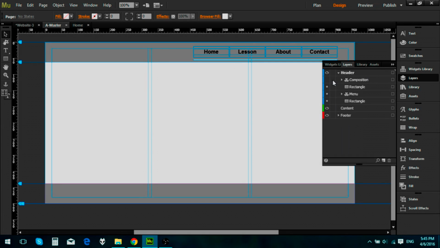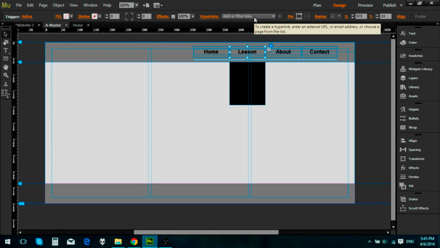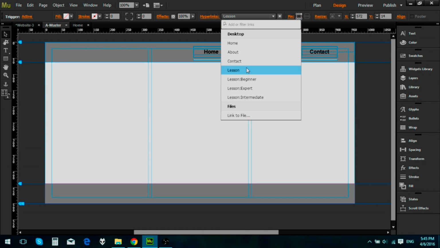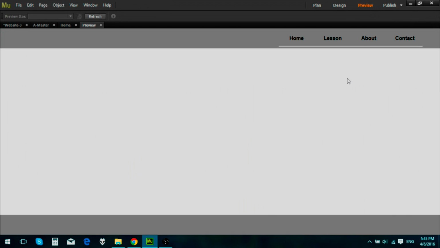One thing also is that since I'm covering this lessons button with a trigger, we want to go over here and we want to select what it should actually be because we are covering it. So now when I go preview, click over it, and I click on this, it changes. Go over here, go back, and what we can also do is we can also change it to